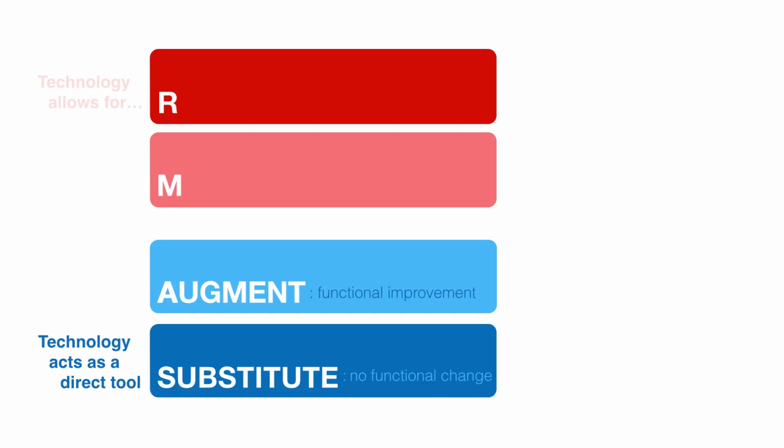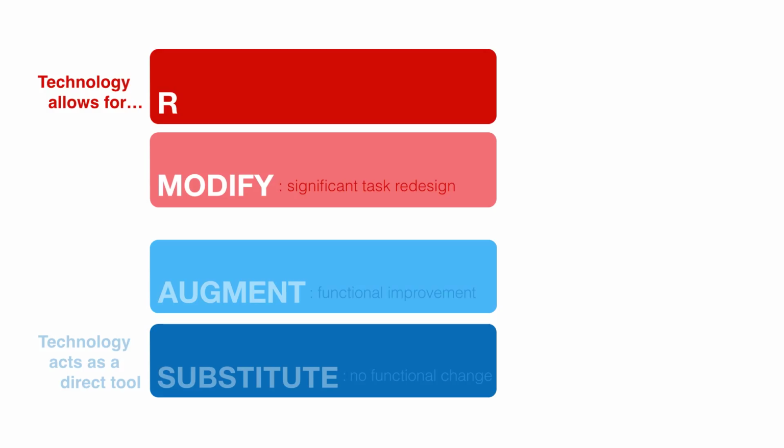Of course, the idea of SAMR is that it's a journey and that you then go on to use some of the other things that the technology can do to actually augment the learning experiences, and that's where we might be talking about a functional improvement. Some extra features come into play. We then move to M for modify. At this time in the journey, we're talking about the possibilities of technology allowing for a significant task